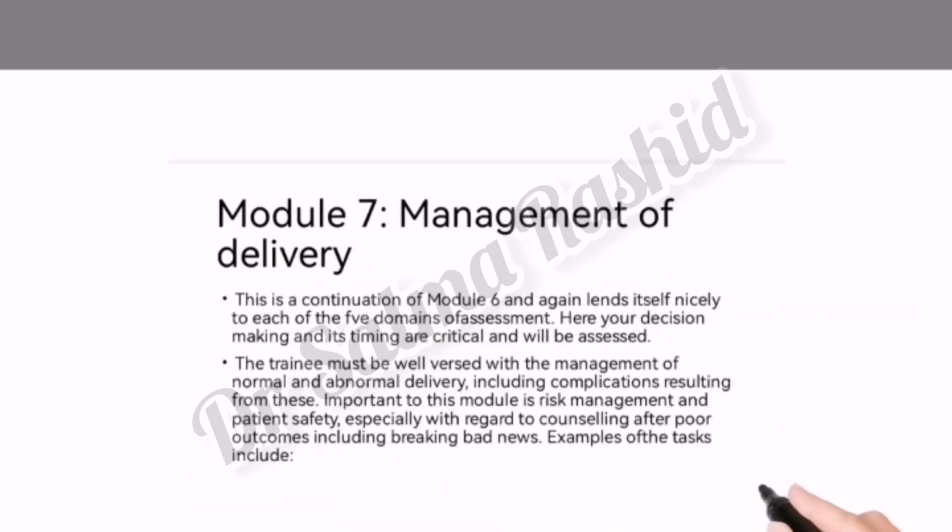Module 7 is related to management of delivery. This is a continuation of module 6 and again lends itself nicely to each of the 5 domains of assessment. Here your decision making and its timing are critical and will be assessed. The trainee must be well versed with the management of normal and abnormal delivery, including complications resulting from these. Important in this module is risk management and patient safety, especially with regards to counseling after poor outcomes, including breaking bad news. Examples of the tasks include